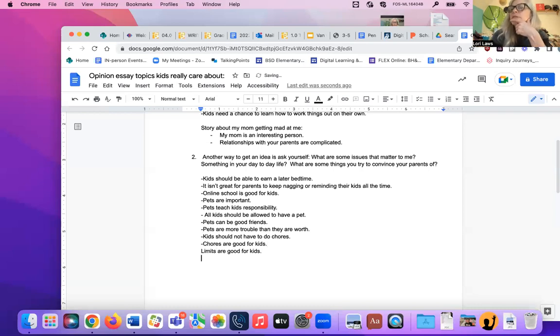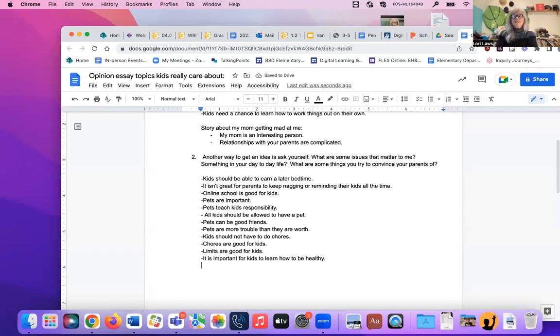What else do you feel strongly about that parents should do or kids should do? What do you think is important? How much water they drink? So is it important for kids to be healthy? Yeah. Okay. It is important for kids to learn how to be healthy. And that would be things like drinking water, eating right, and exercise. That would be great. Health is important. Great. Who else has one?